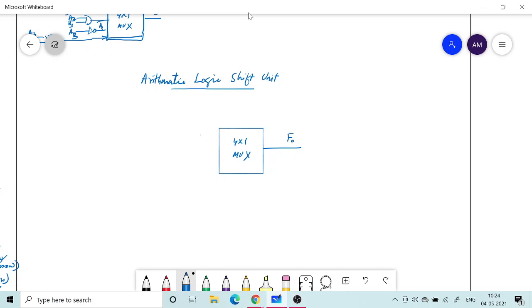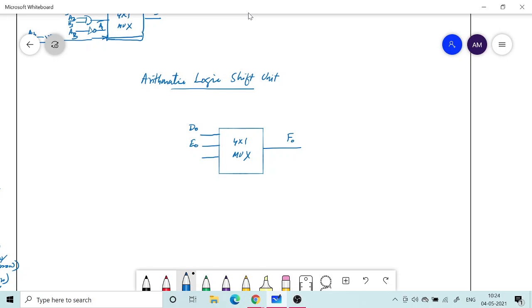Now here what I will do is I can choose it from D0 or E0, or I can perform left shift or right shift operation.